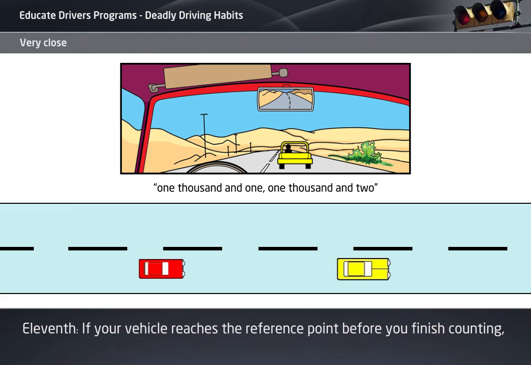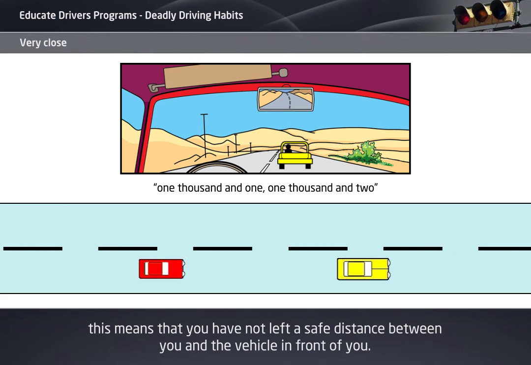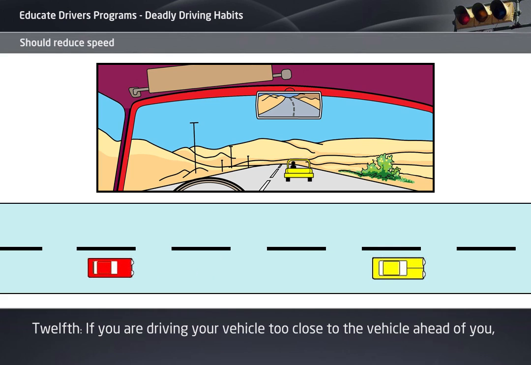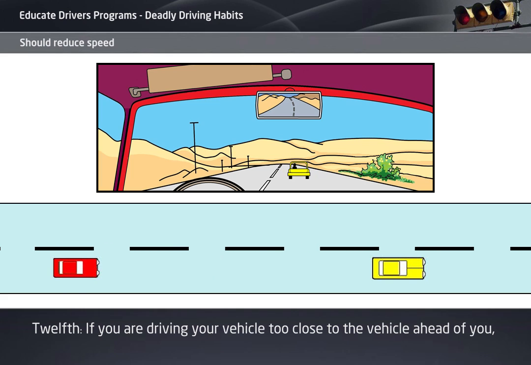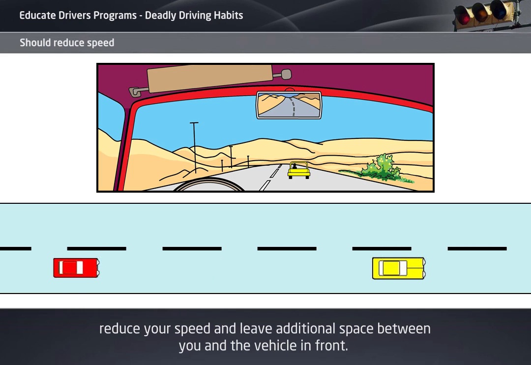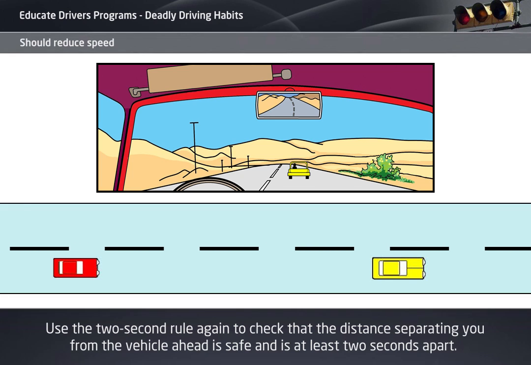11th, if your vehicle reaches the reference point before you finish counting, it means that you have not left a safe distance between you and the vehicle in front of you. 12th, if you are driving your vehicle too close to the vehicle ahead of you, reduce your speed and leave additional space between you and the vehicle in front. Use the 2-second rule again to check that the distance separating you from the vehicle ahead is safe and is at least 2 seconds